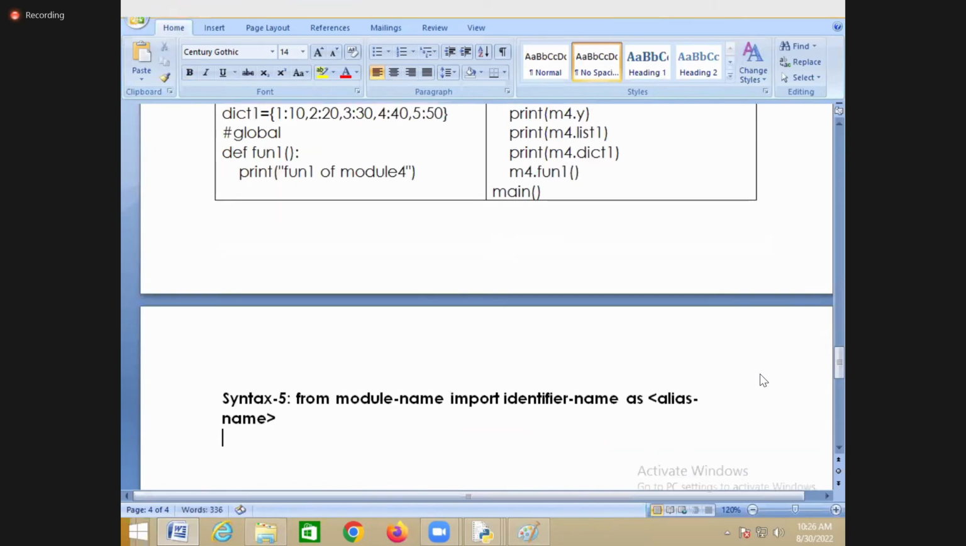Now this syntax is accessing identifiers with an alias name. We access module name with what? Alias name. But we are accessing identifiers, meaning functions and variables, with another name. Why? If there is another variable with the same name in the current module, access module identifiers with alternative names to overcome which one? Ambiguity, or duplication. To overcome the duplication or the ambiguity, you try to access the variable names or function names